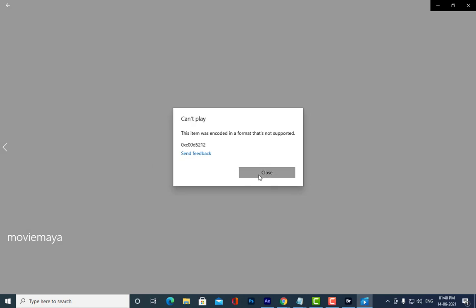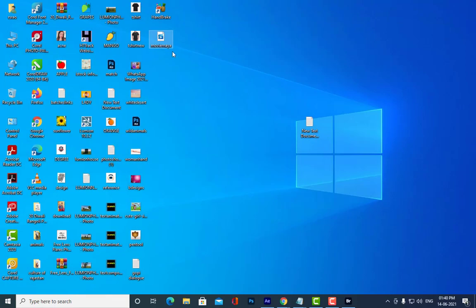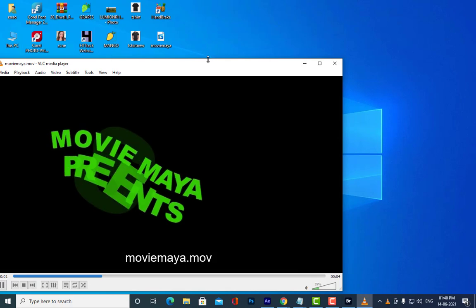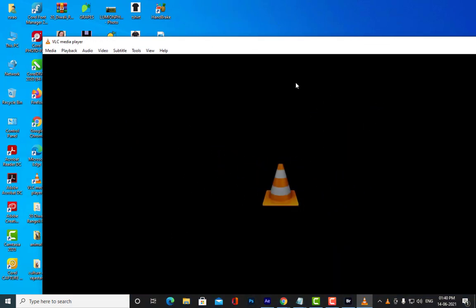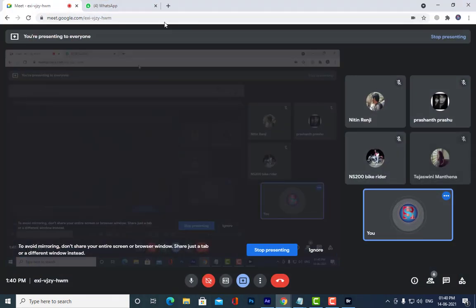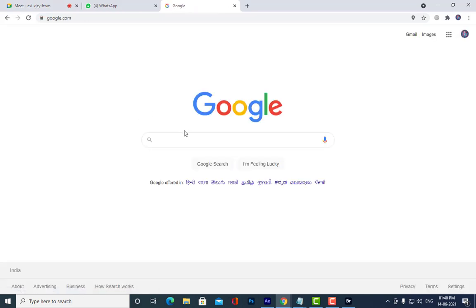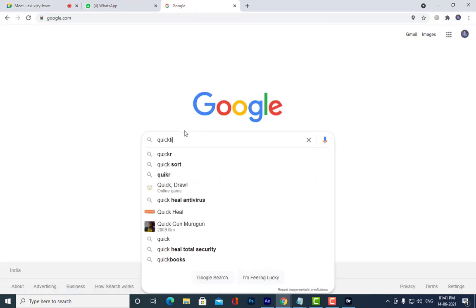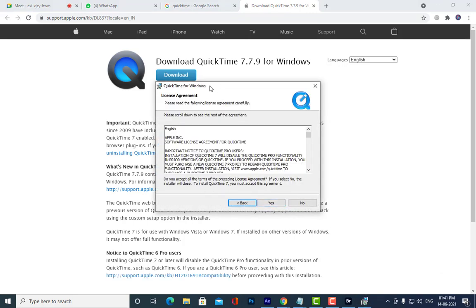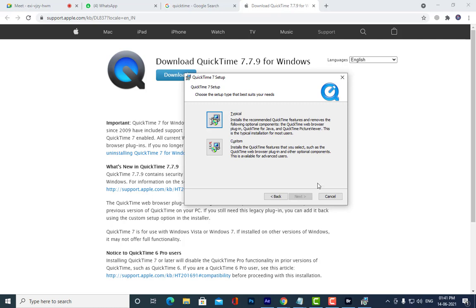Okay, actually because it does not have a codec. See, one problem we will be facing is, sir, see, VLC player. Even though we are able to play in VLC player, if you want it to play normally, you can download QuickTime player. Just type download QuickTime player. See, I did not download it actually. But VLC can play every format here. But the actual original format of the MOV file is what? This one.